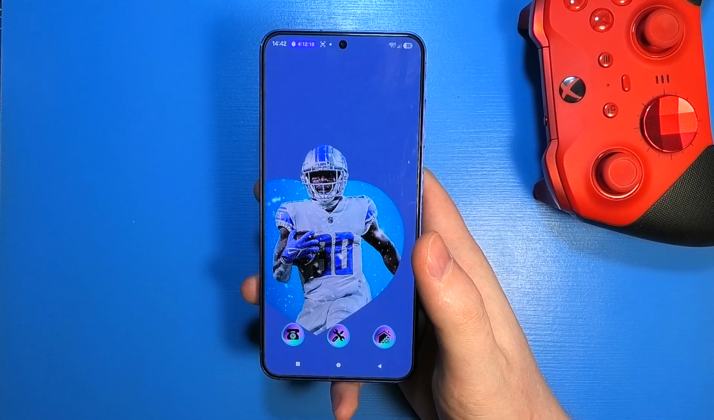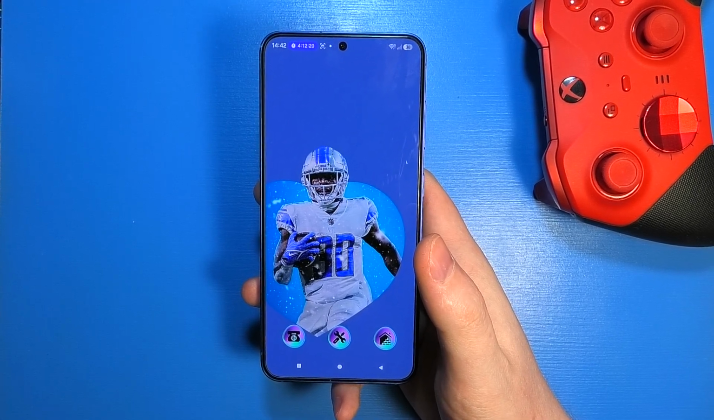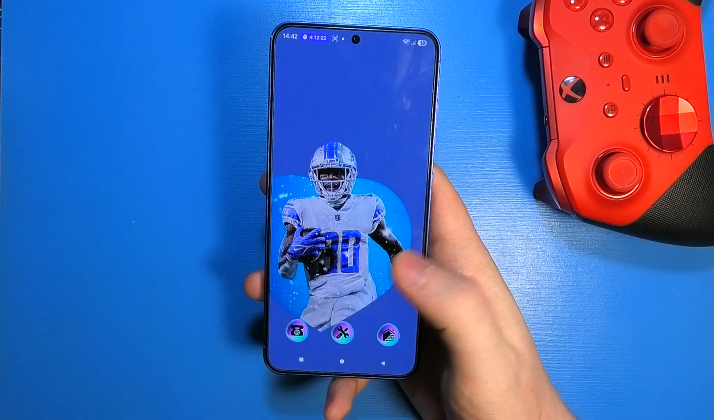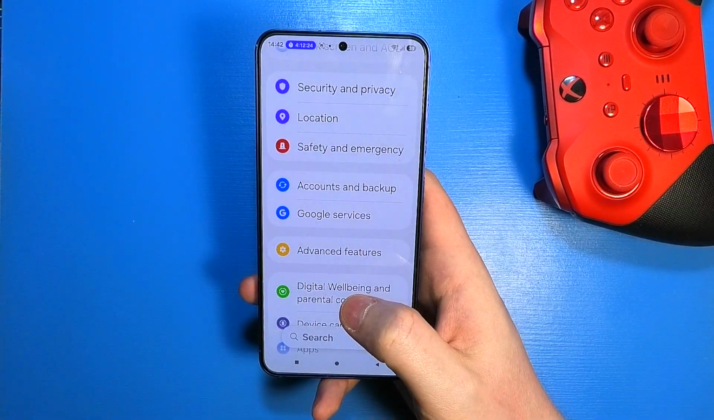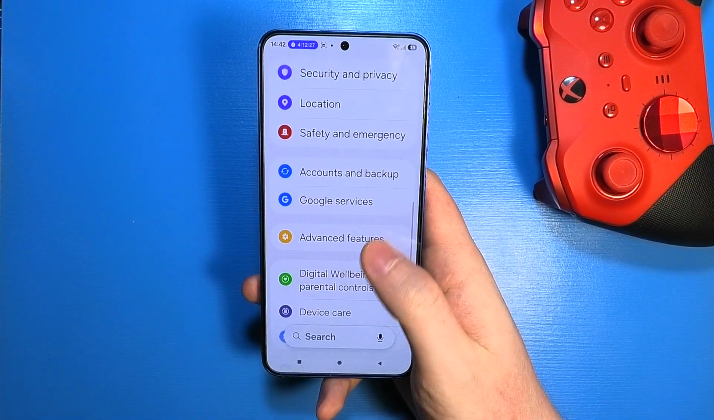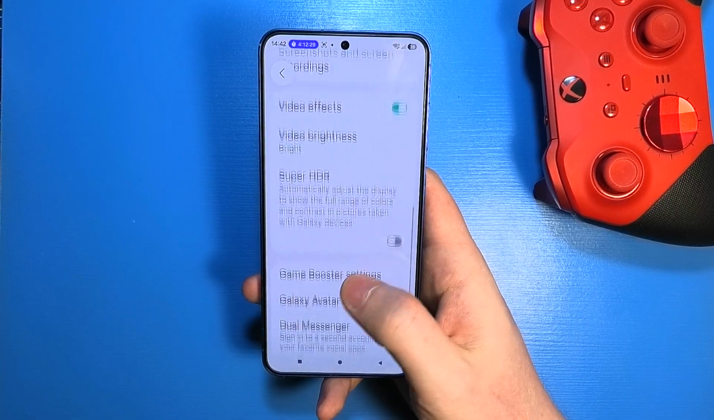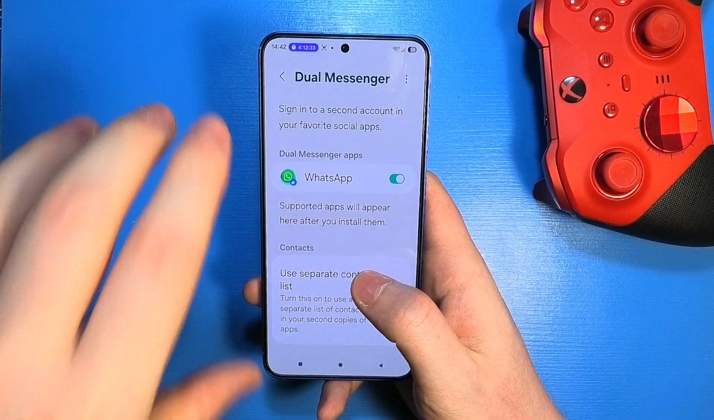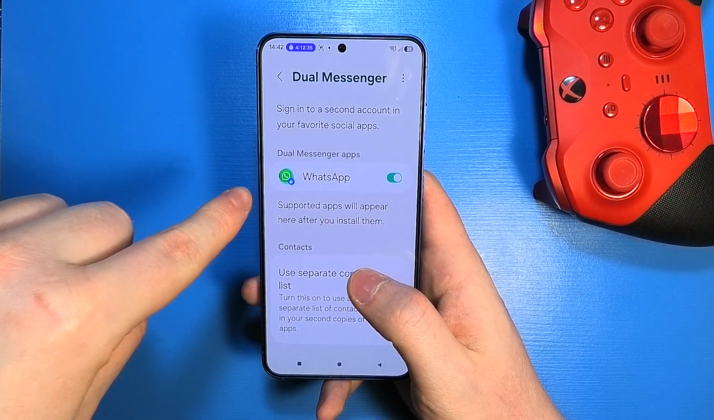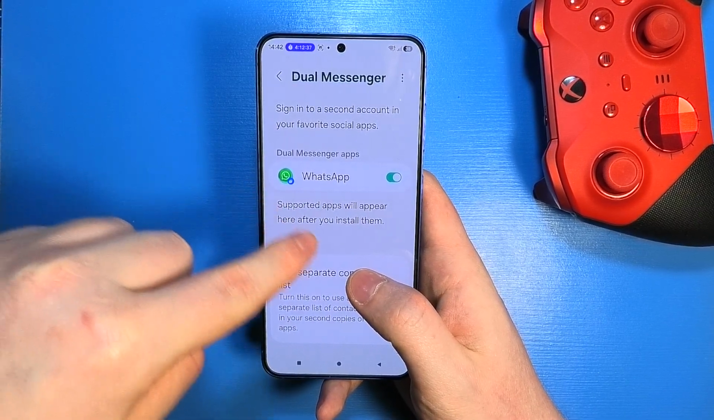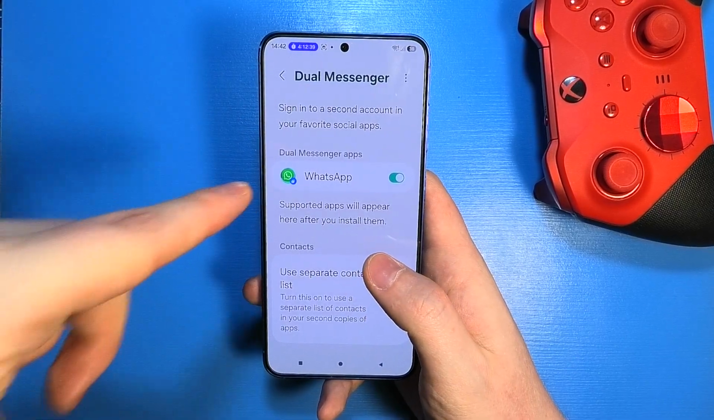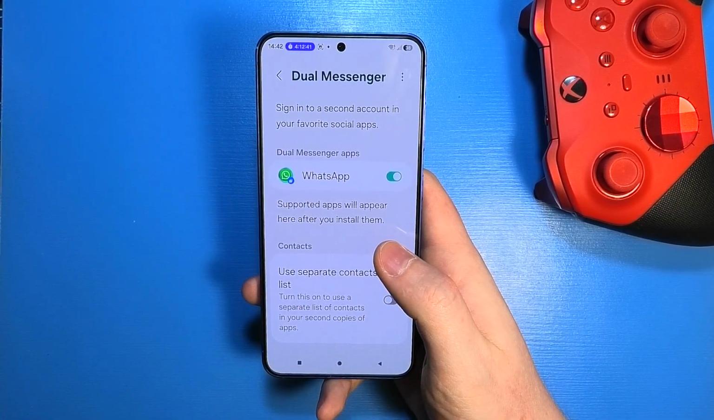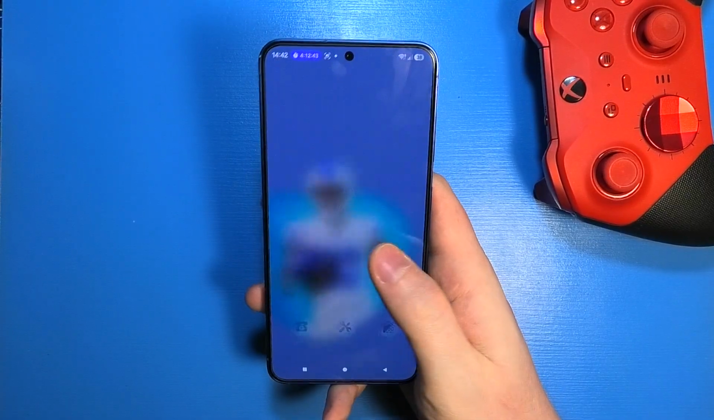If you're wondering if you can clone apps on Samsung Galaxy S26, first of all, if we open settings on our device, we can navigate to the advanced features right here, and then you can find the dual messenger app option. When you enter it, you'll be able to activate dual messenger apps for certain apps. So for example, right here we have WhatsApp that is enabled, and that way I've made a clone for the